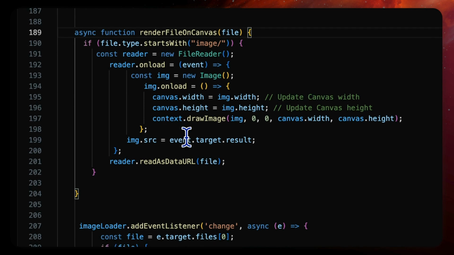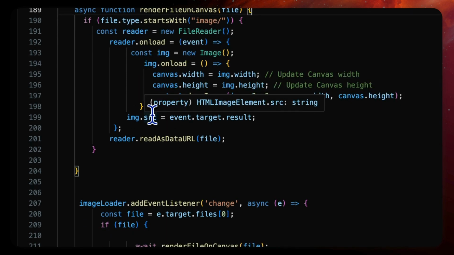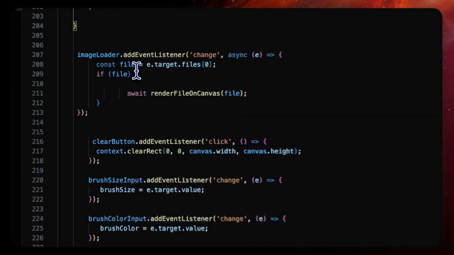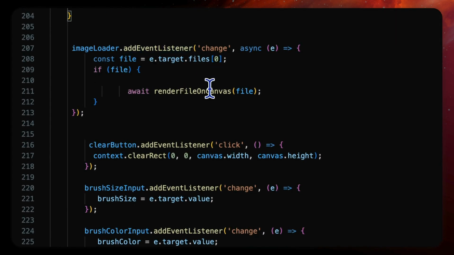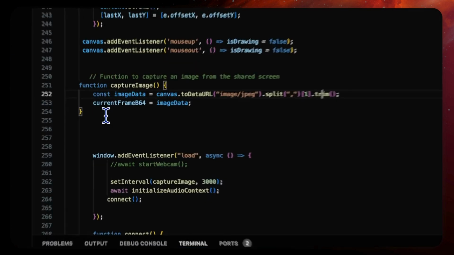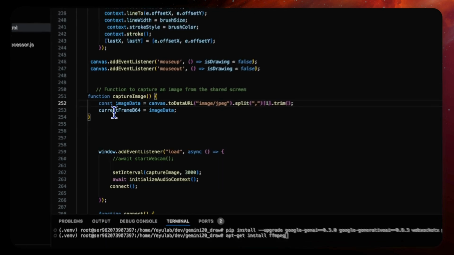And it handles all the steps necessary to get it displayed correctly inside the canvas, dynamically updating the canvas size so the image won't get skewed. We add the event listener here, which triggers the render file on canvas function to draw the loaded image onto the canvas. The capture image function is in charge of converting the content of the canvas into base 64, so